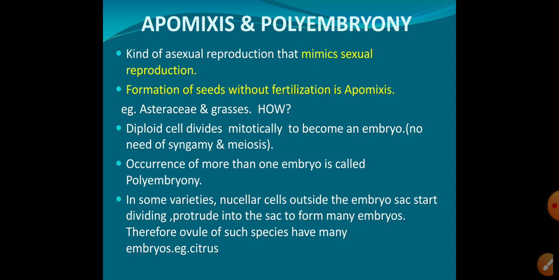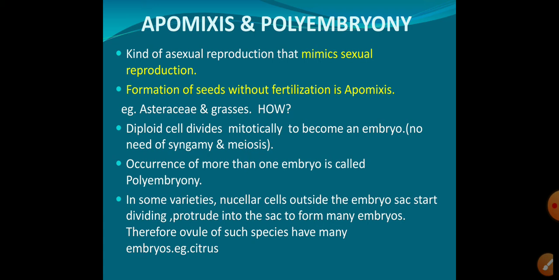Before going into apomixis, just remember the normal development of an embryo into a seed takes place by meiotic divisions. Remember, it is meiotic divisions. Meiosis involves crossing over, synapsis, all that happens. So what will happen is segregation of characters. The seed which is developed in one generation will not have the exact quality of it in the next generation, because there might be some segregation of characters taking place during crossing over, because meiosis is involved in normal development of embryo to seed.